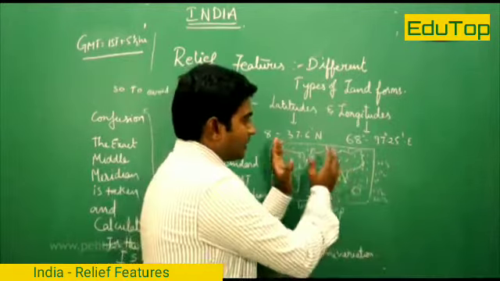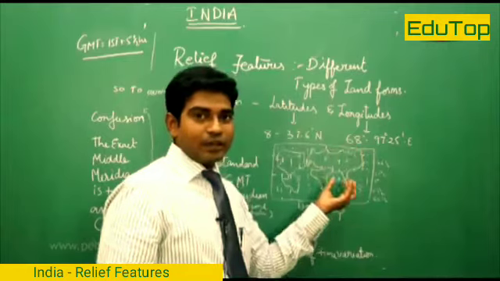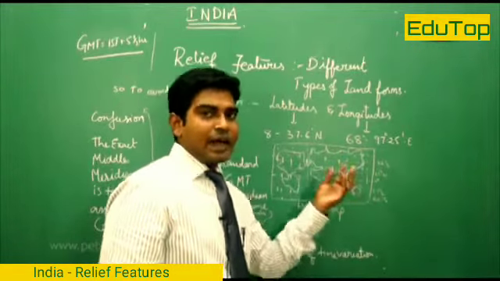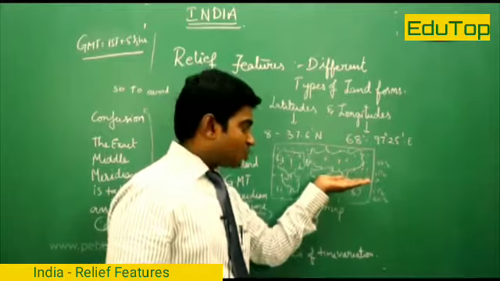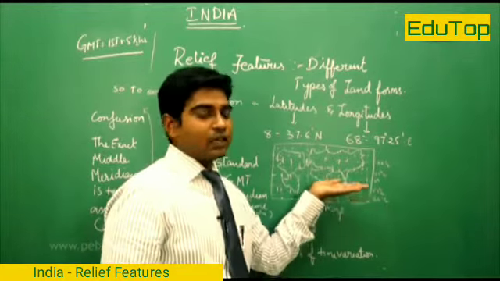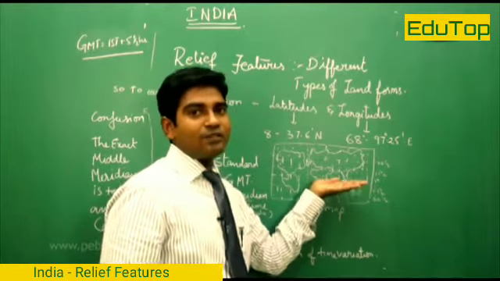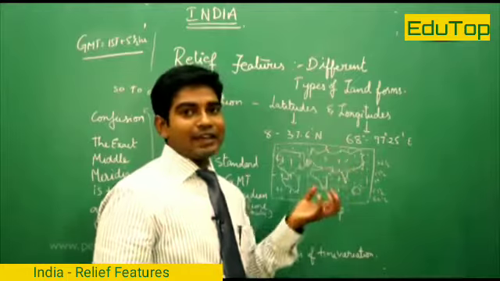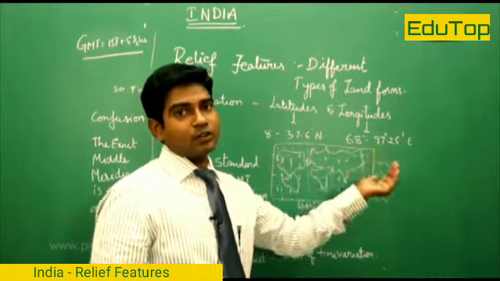So when we come to the clarity of where India is located, it comes in the Asian continent, in the northeastern part, and a small portion of it comes very close to the equator. The equator passes close to the southern tip of India. So in the southern part of India, we have a hot climatic condition. So we are getting this clarity by the latitudes and the longitudes location.